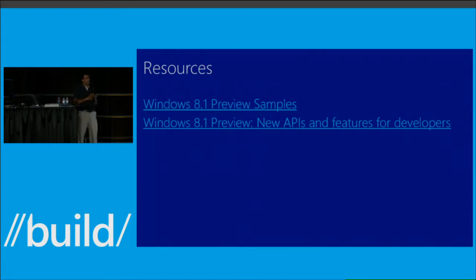So I will encourage you to go check them out. They are in all the languages and cater to different scenarios. So please go check them out. And after this session, I would love to talk to folks who are interested around the scenarios that you are looking for and see how I can help or how the APIs can help to enable those scenarios. Thank you.